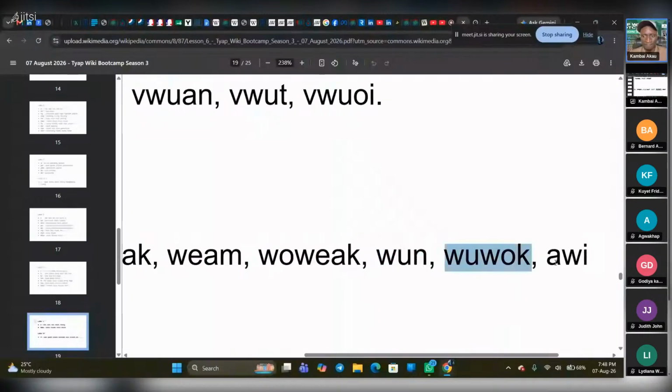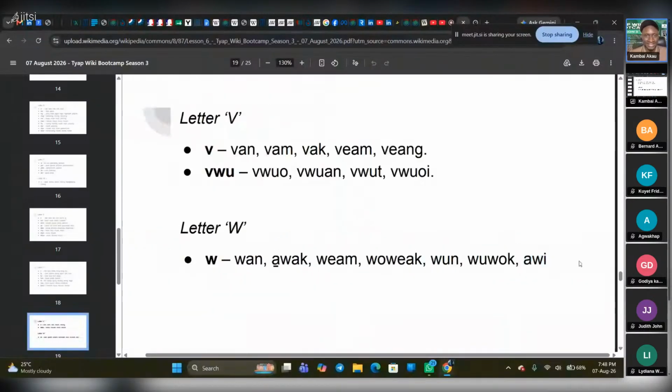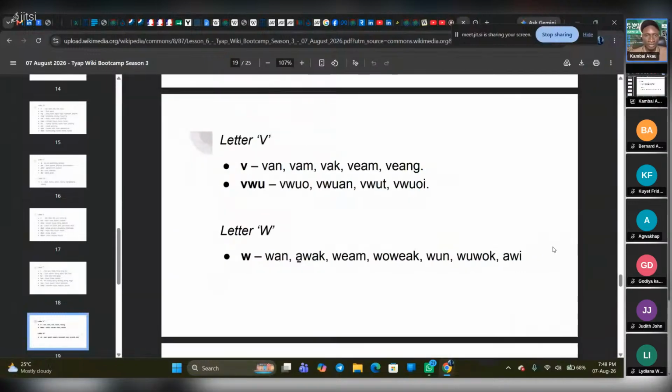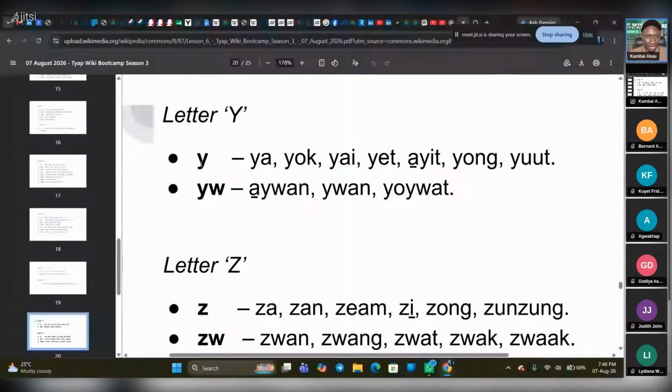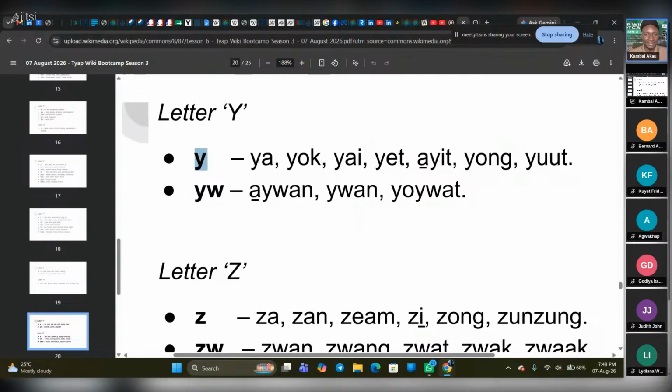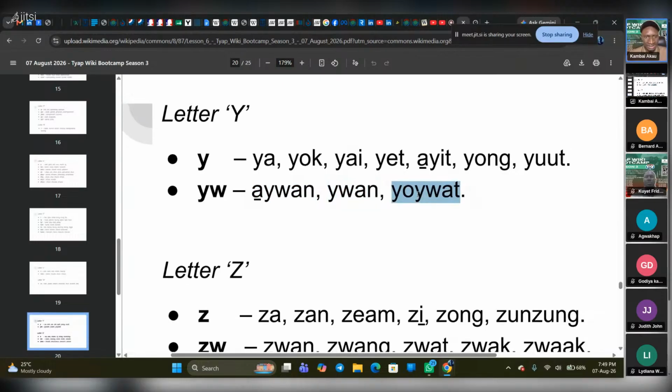And then we have letter Y, which is second to the last, and then we have only two forms of it. We have yi, and then we have the labialized form of the yi sound. We have ya, we have yok, we have yai, and then we have yet, and then we have yit, and then we have young, and then yud, and then we have the labialized form of the ya sound. Underneath we have yuan, and then we have yuat, and then the last letter of the Tyap alphabet